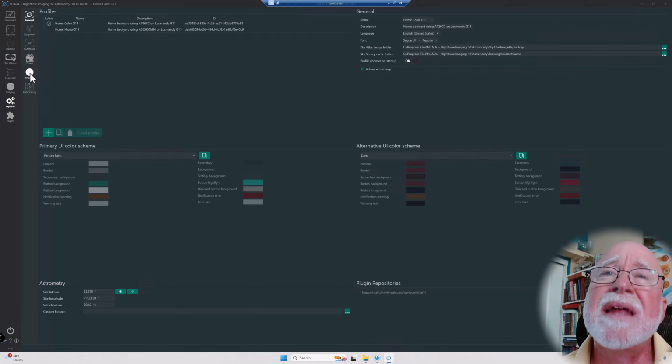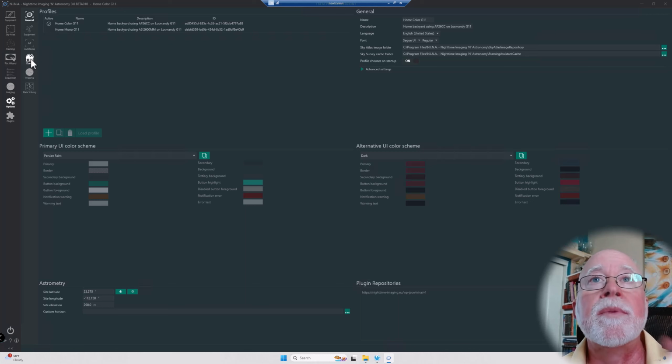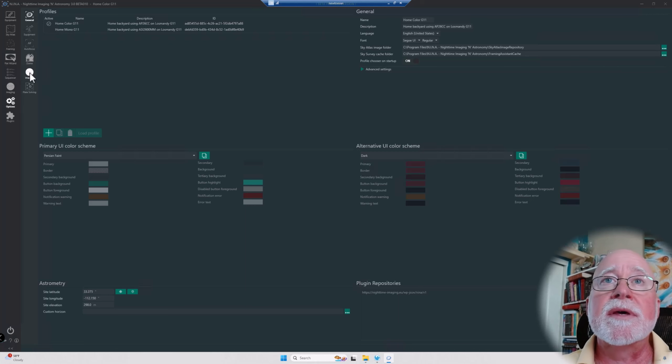We're jumping all the way down to the imaging tab because we don't have equipment set up, and you really need equipment set up so that I can go in and properly configure the equipment tab and the autofocus tab and the dome tab. But the next tab that we can really do something in is going to be the